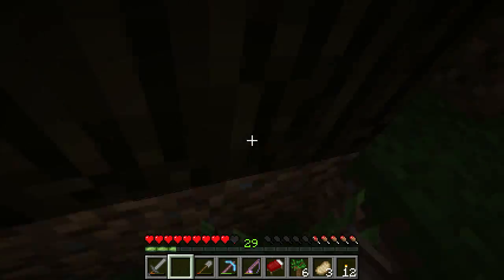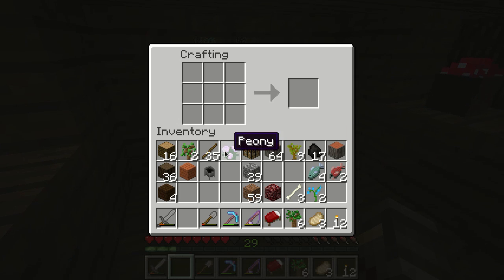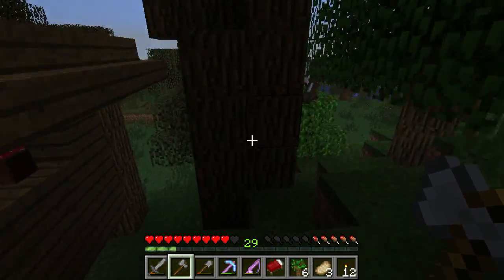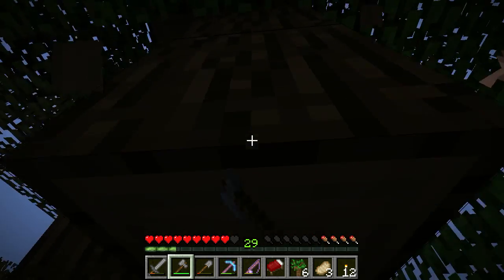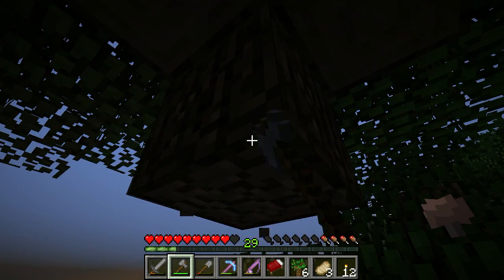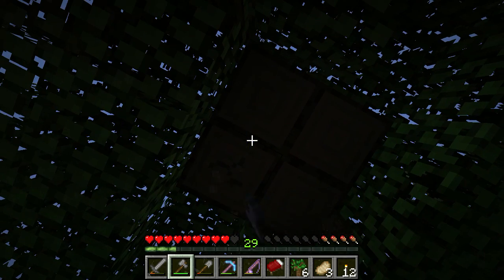But I remember there is something in this witch hut to even make me not have to put down my own workbench. And oh yeah, but these 4x4 trees, it's like jungle trees. They give you so many logs. Like it's almost not funny. And I hope this thing is going to go away. Like the fact that when you stand under a block,